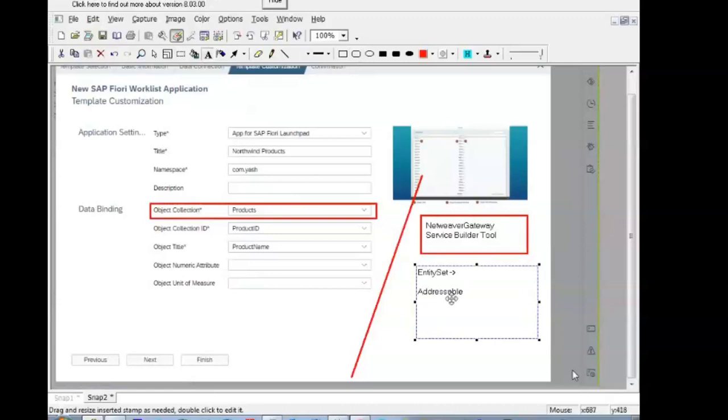When you are creating the entity set, there is a configuration called addressable.